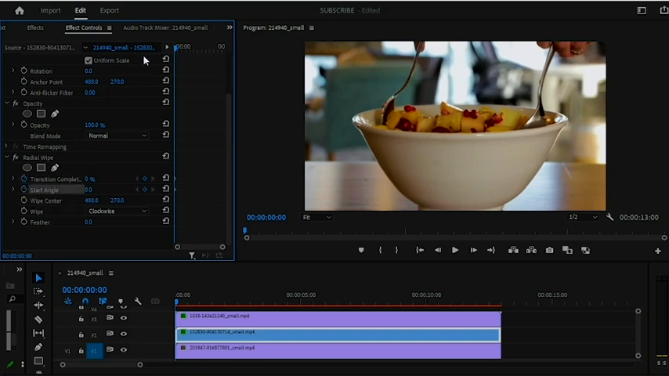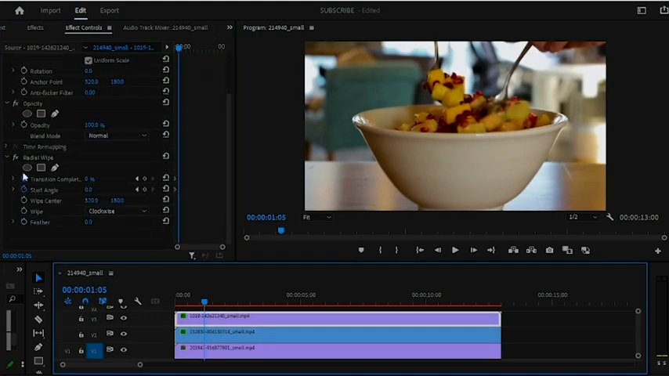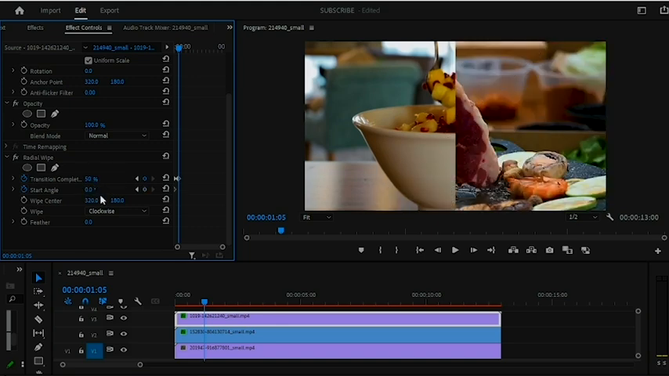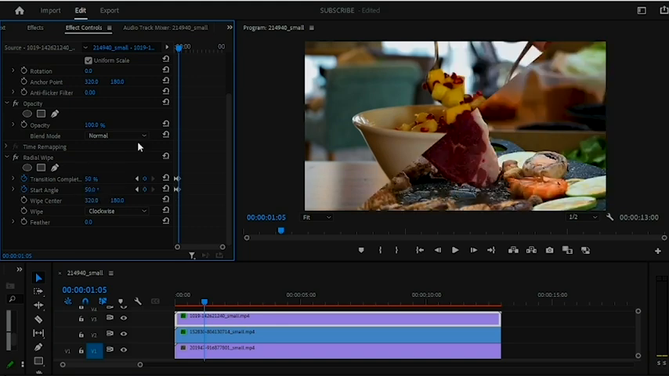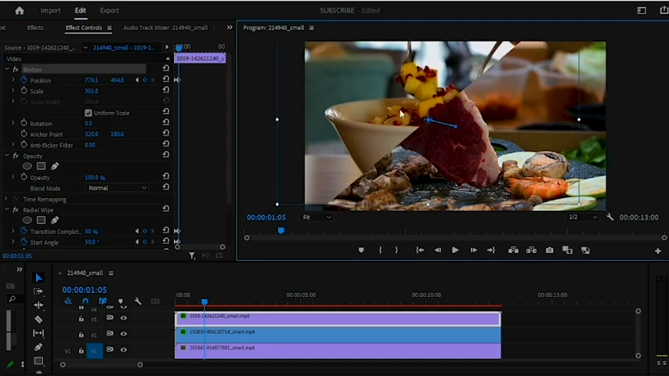And then you're going to move your playhead a few seconds into the clip. And then you're going to go back to the first clip, scroll down to Radial Wipe, and then you're going to change the value of Transition Completion to 50 and then Start Angle to 50 as well. And then head over to Position, add another keyframe to Position, and then you're going to position the clip like